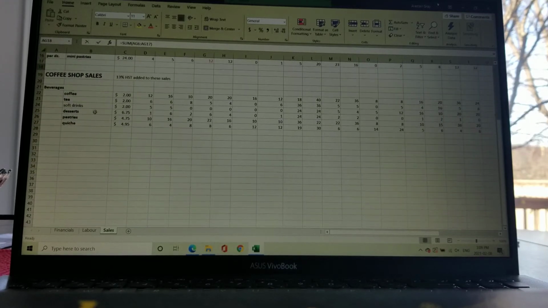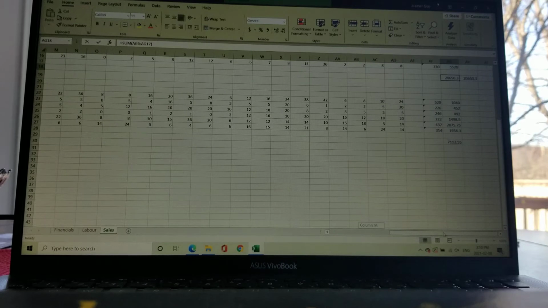When we come down here, we have the taxable sales. So remember that for non-taxable sales, you can either have a whole cake, a whole pie, or 6 pastries of some kind. But if you are selling 3 pastries or a slice of pie or a slice of cake, then you have tax on it. And here we just got the coffee shop sales, using that as an example of items that are going to be taxed. We keep them separate only for the taxation purposes, but once we have the totals,